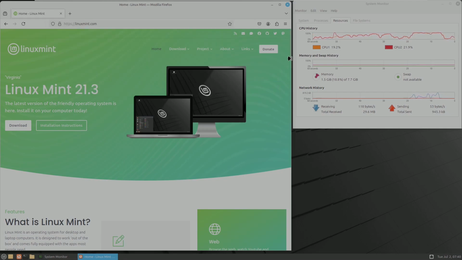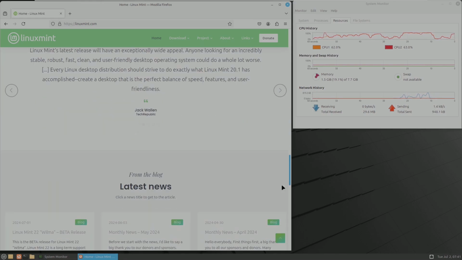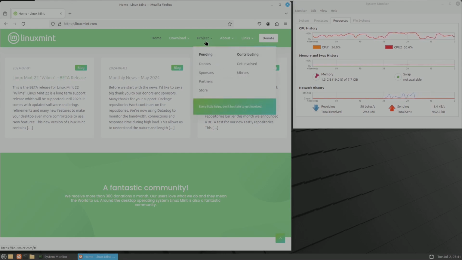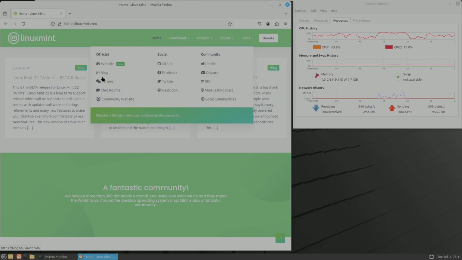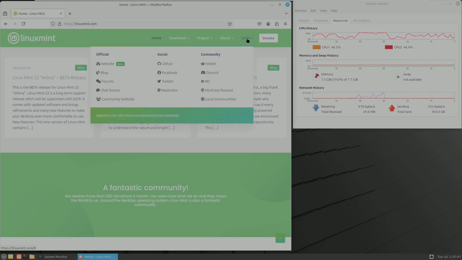So here are all the older versions. Here is some of the information, and here is the release note. Or you can go with the download section or other links here, like the blog and website. You can go directly there. Let me show you. As you can see, they gave the blog symbol here. So in order to go to the